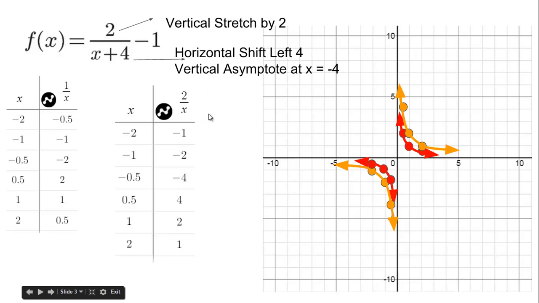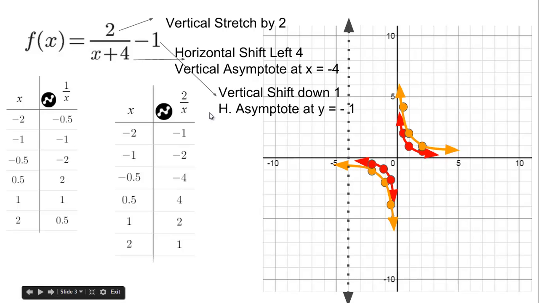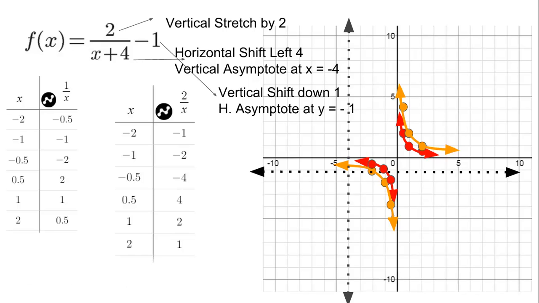Then we've got shift left 4, which means the vertical asymptote is at x equals -4. And then we got a shift down 1, which is a horizontal asymptote at -1. Okay. That's kind of rough where that is, but that's right at -1. So we plot those points. If we shift everything left 4 and down 1,